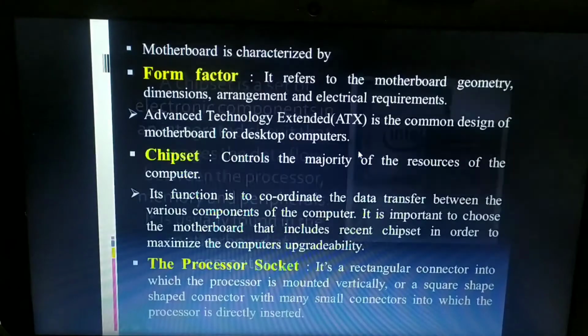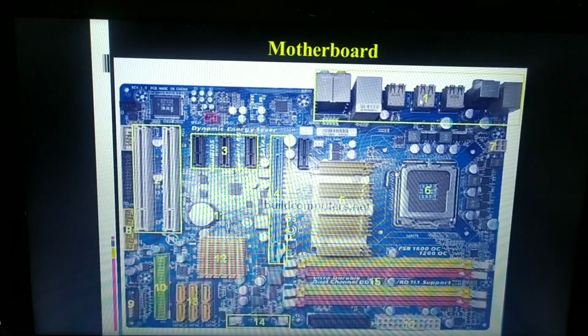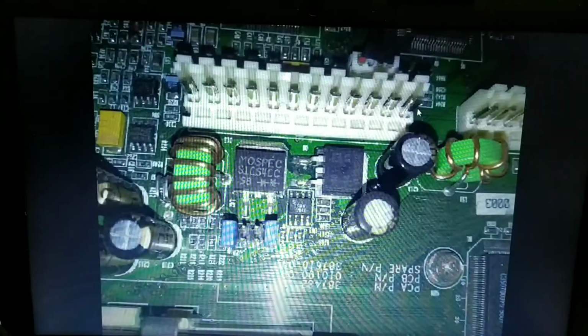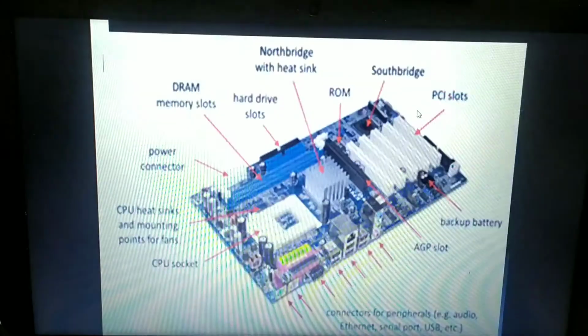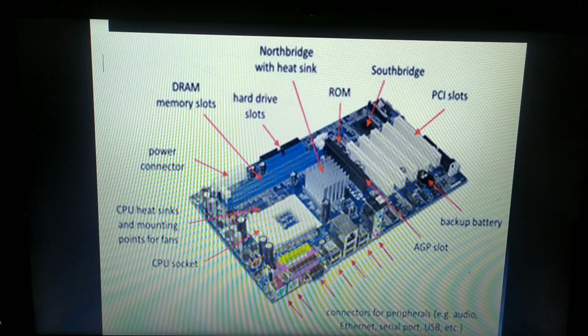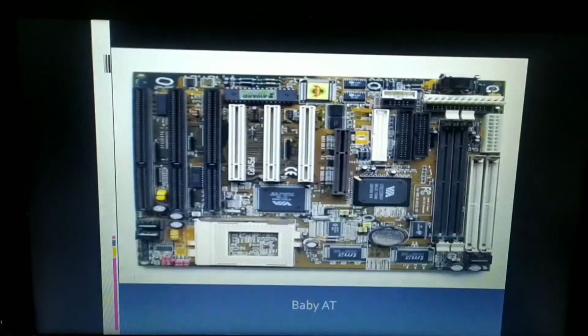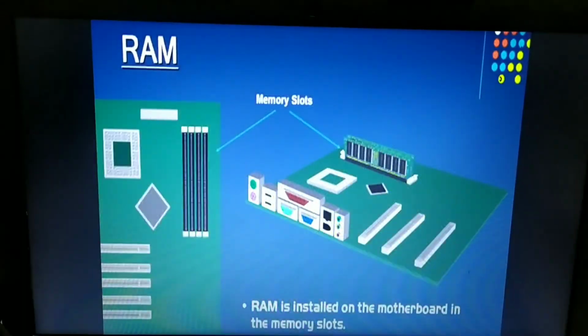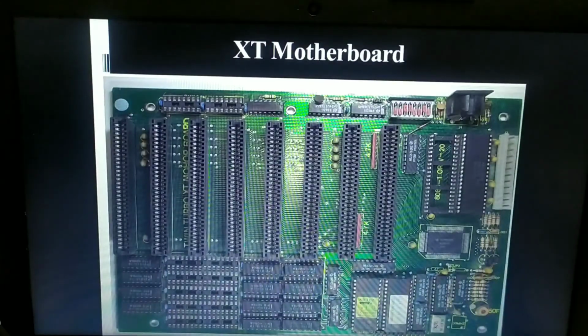External ports, in the sense, I'll show you here. These are the external ports. One more slide I'll show you for the external ports. You can see these are all your external ports. These external ports help you to connect the Ethernet network interface card. You can see these are the speakers card, serial port, and USB, in the sense the pen drive slots on your laptop and computer where you are inserting your pen drives. Such kinds of slots are called external ports. So in the XT motherboard we don't have any such external ports available.